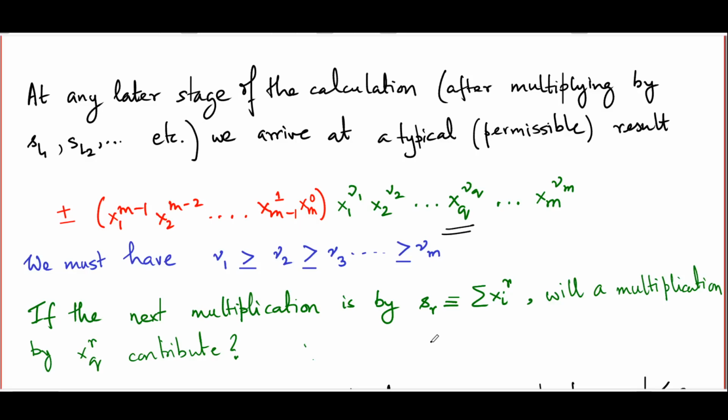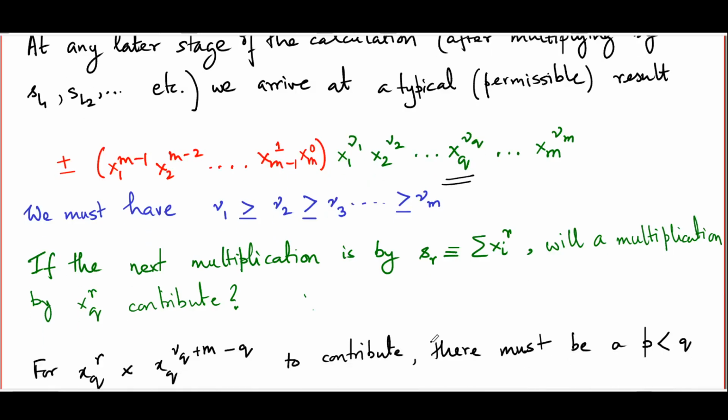Now, if the next multiplication in the series is by SR, that is, by the sum of the rth powers of the xi's, will a multiplication, a typical term of x_q to the r, contribute to the final result? Now, in order that x_q to the r multiplication at all contributes, we must ensure that this power that